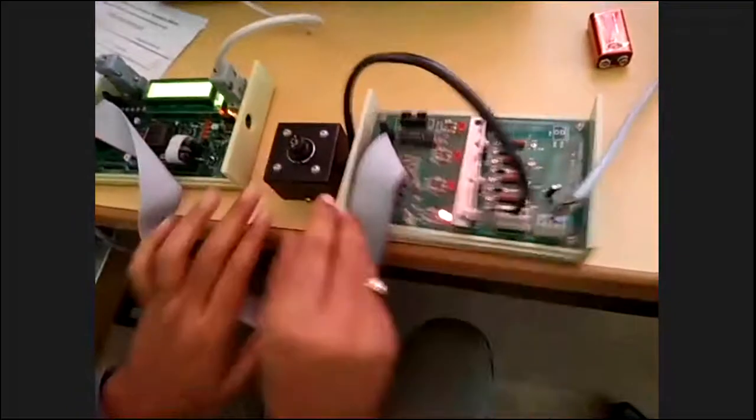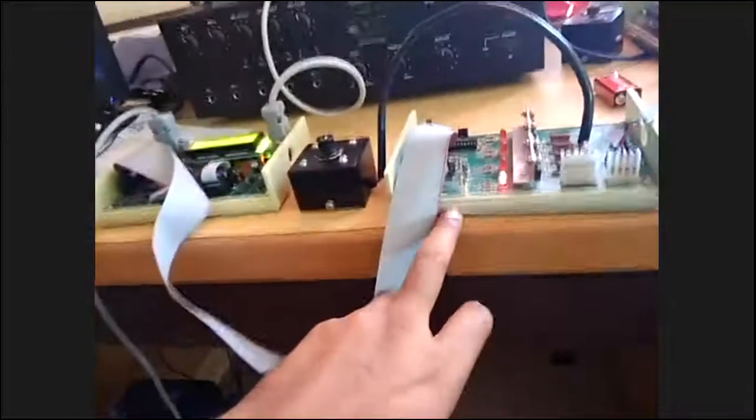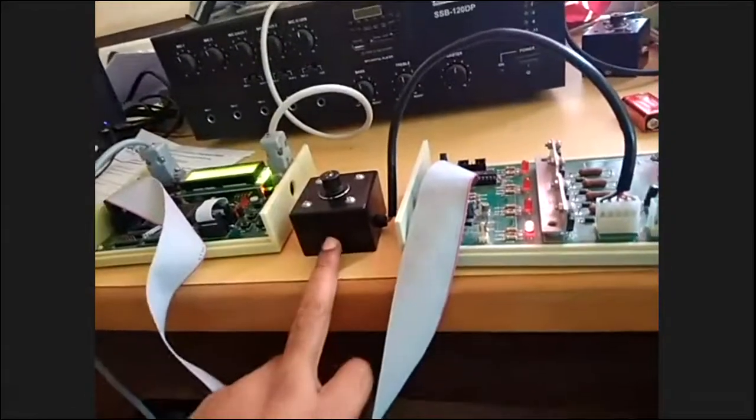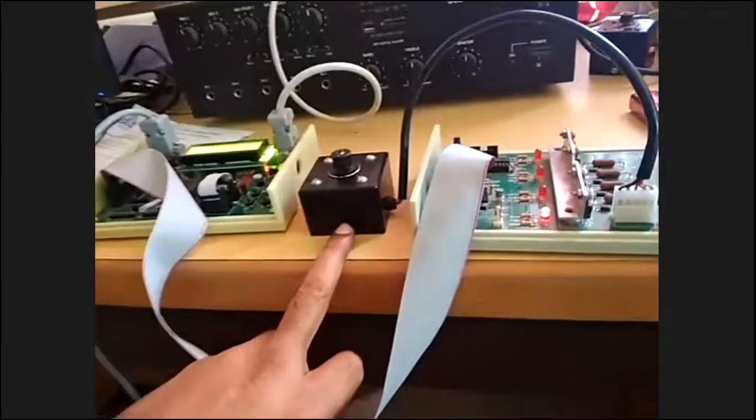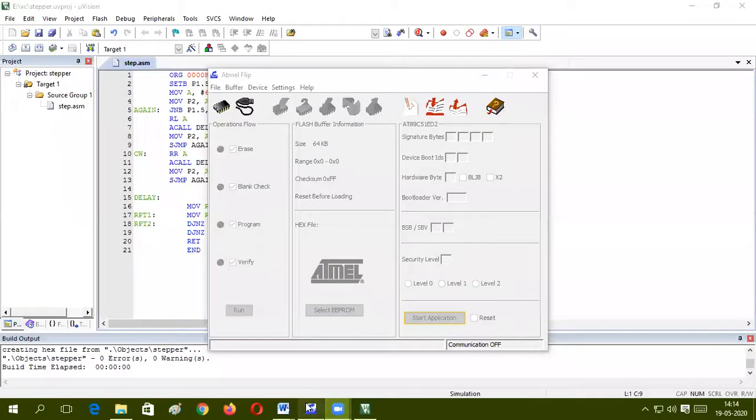Okay, so here we need to understand. We have made a connection like this. First thing is we need to connect the RS232 cable to your 8051 microcontroller. Then in turn it is connected to your stepper motor interface, in which we are connecting a stepper motor. Now we need to download our X file to this, then the stepper motor will start rotating. So now let us see from the Atmel Flip. We are going to rotate the motor by running our code.